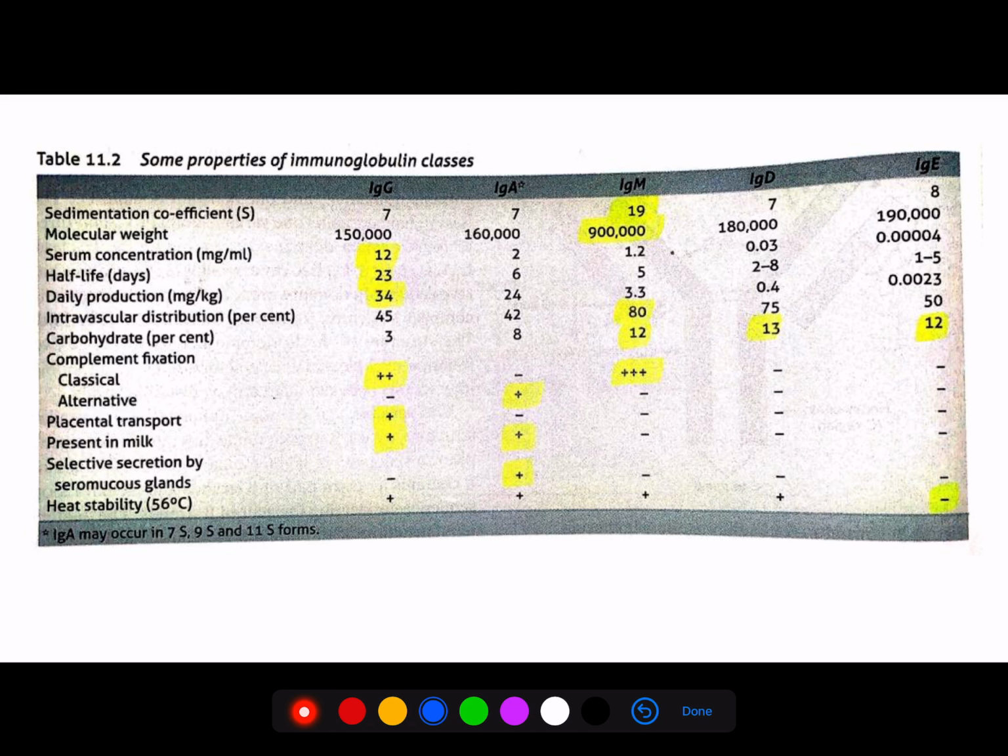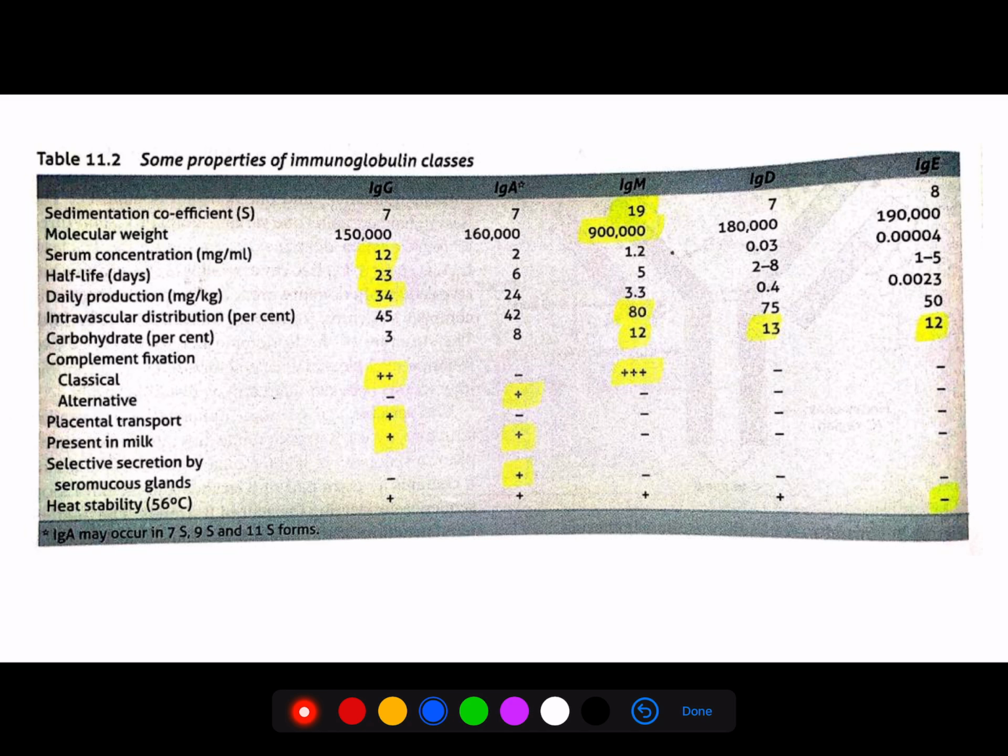I hope you're done with the video on immunoglobulins, all the questions that move around the immunoglobulins, your complement system and everything, at your best. If not, just have a glance at your notes. Don't go back to the videos, because video is going to eat away your time. Just have a glance over the notes, like what is classical, what is alternate, what are the examples, what are the C subunits which are involved in each and everything.